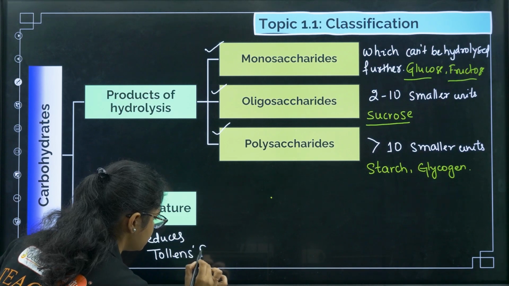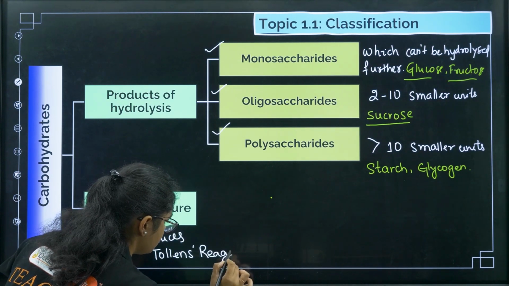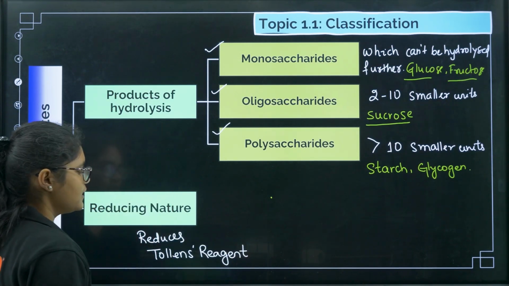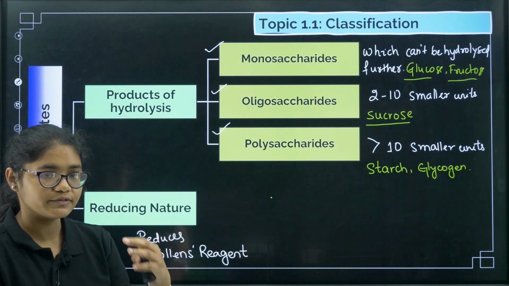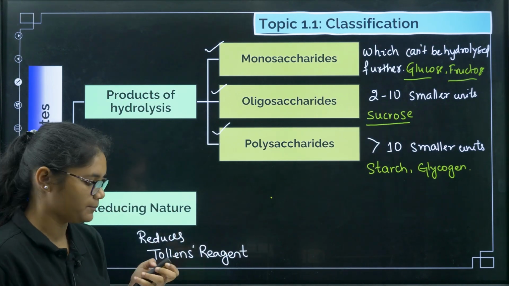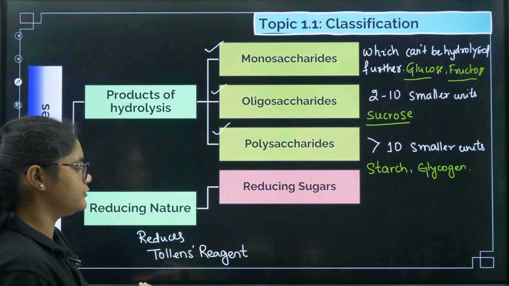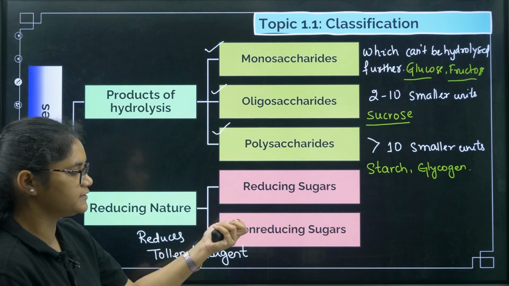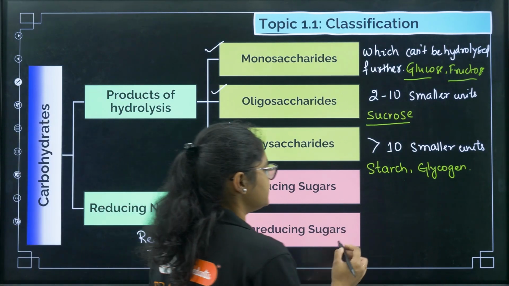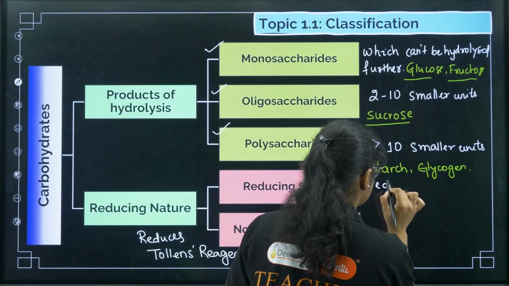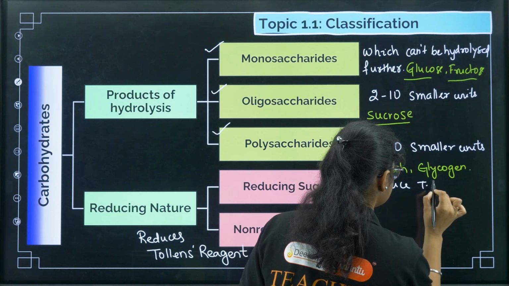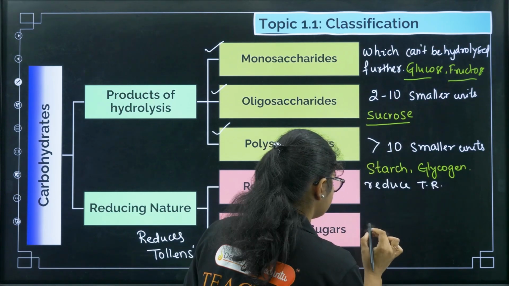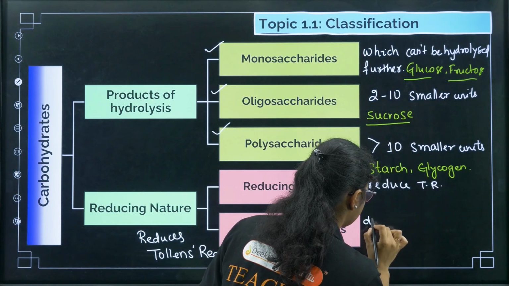Okay, which reduces Tollens reagent. On the basis of that we have reducing nature. Now what are the categories here? Reducing sugars and non-reducing sugars. Reducing sugars means they reduce Tollens reagent, and non-reducing sugar means they do not reduce